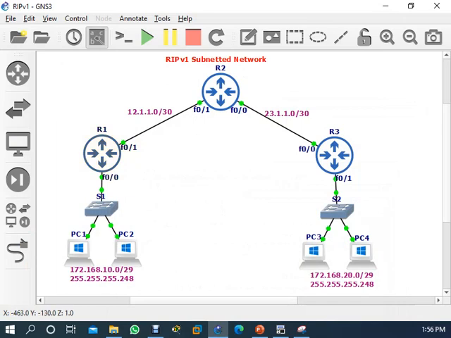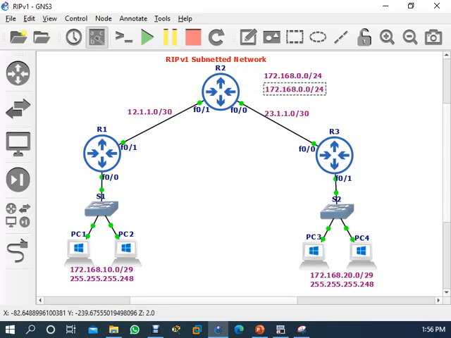It's the same, right? So when both updates are the same, now see, this router 1 is sending update to router 2 as, let me write it, 172.168.0.0/24, right? So R1 is sending update to R2 like this. Are you understanding? R3 is also sending update like this to this one.